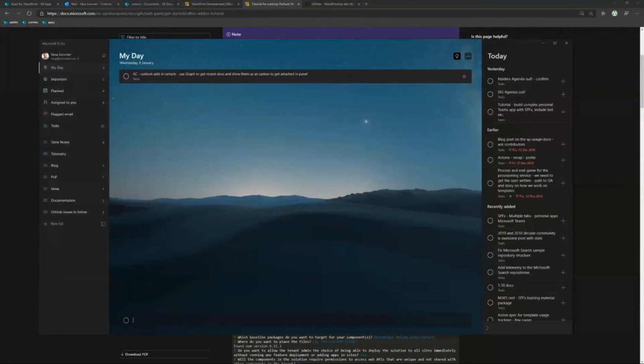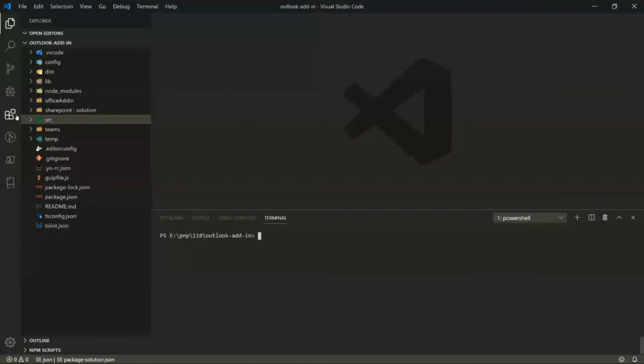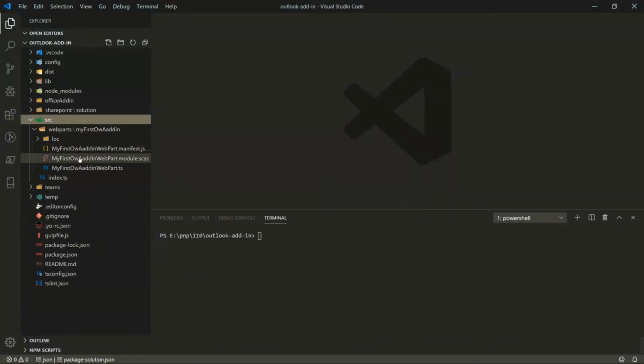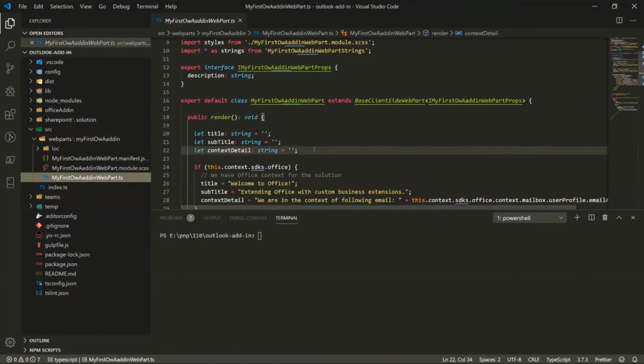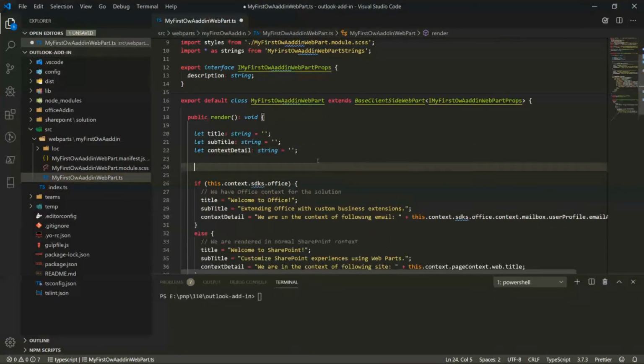Because I wanted to save some time by not actually installing the node modules, and that's the one, if I'm not mistaken. Yes, that is the one. So this is a solution which I created earlier, where we already have access to the Office context, and accessing the Office context is nothing more than, in the web part or in the panel implementation,